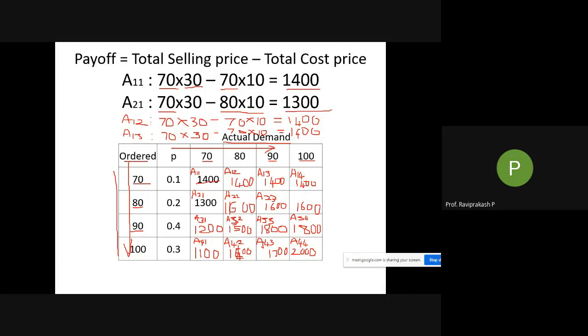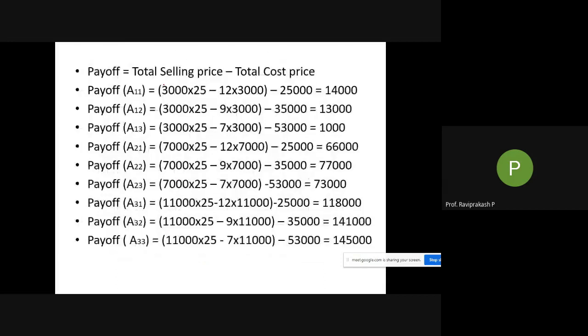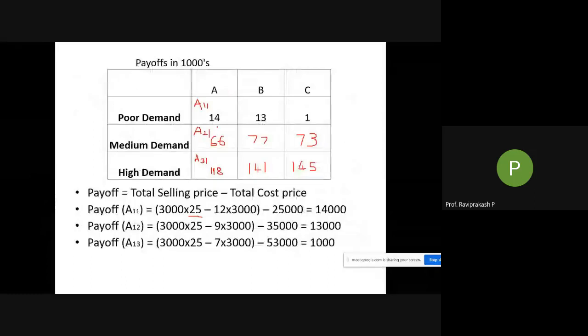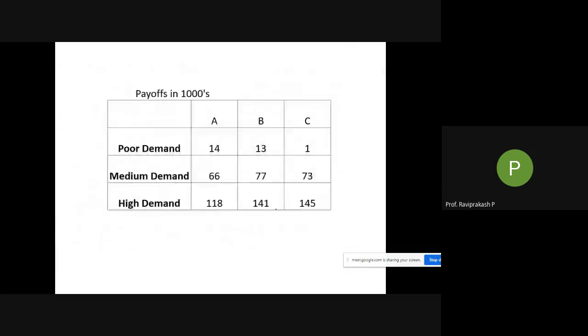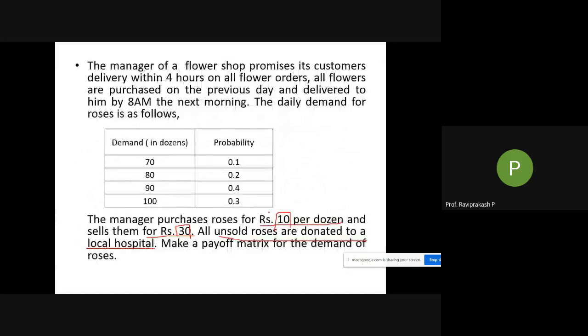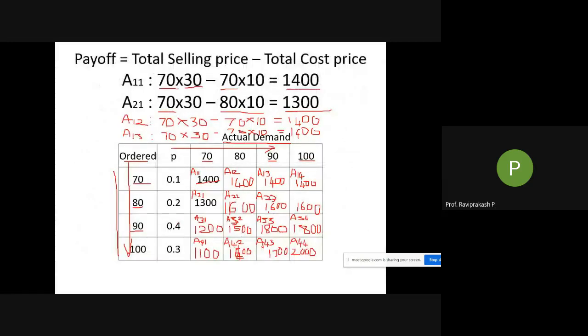First step, it was direct, where it was total selling price minus cost price: the number into selling price minus variable cost minus the fixed cost. In this case, a small trick was there in the sense we had to figure it out. Even if I order more, I can only sell as much as the demand is. And the second one is, if I order less and the demand is more, I can only sell as much as I am having with me. Whatever I am ordering only can be sold. Okay, the rest is opportunity loss.